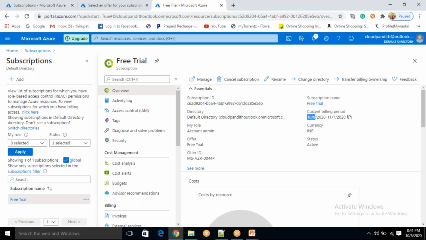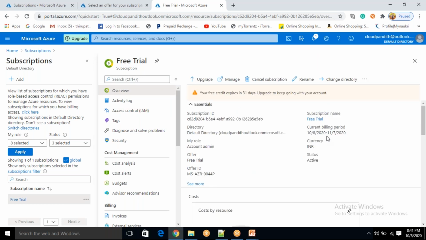Just now we have created it, meaning from today to the 7th of next month, we have this particular free trial available. Your free credit expires in 31 days. Upgrade to keep going with your account. So after 31 days, you need to upgrade this free trial to pay as you go, to continue using these services. Okay, got it.